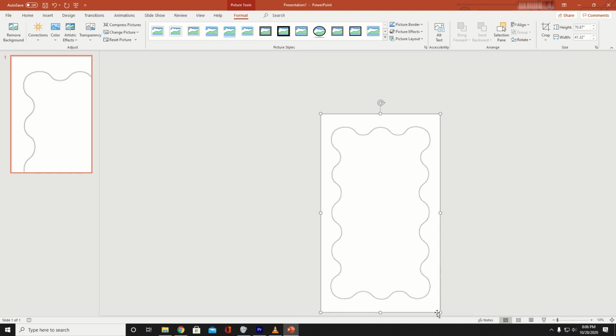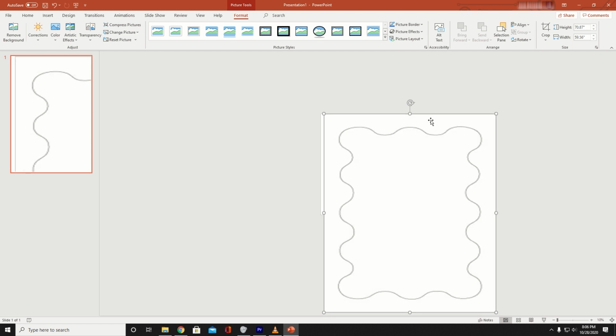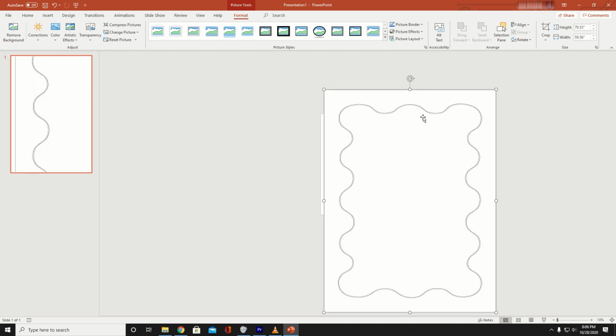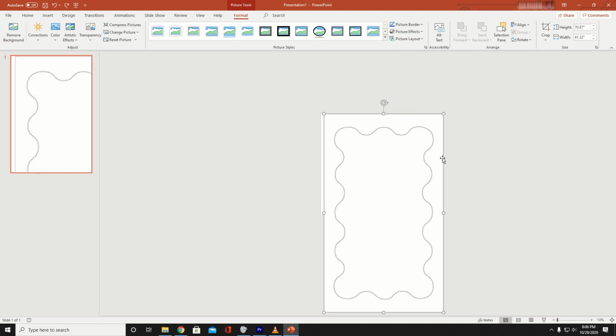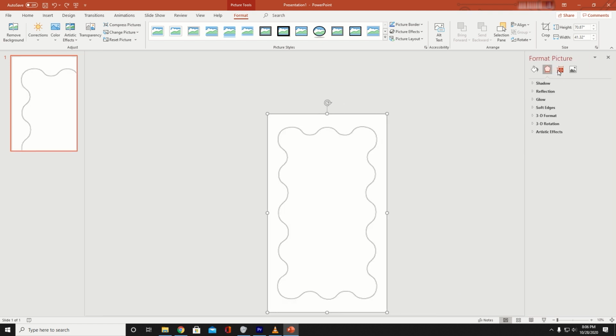Now we want to trim this down to the 24 by 36 page. Again, I am doing this based off of my dimensions. You guys might have to do a little bit of squishing or squashing here and there to fit your particular mirror size. If you guys have any questions, just feel free to drop a message below, comment, and I will do my best to help you out. So let's see, format picture. We're going to go over here. This little image side. We're going to go to crop